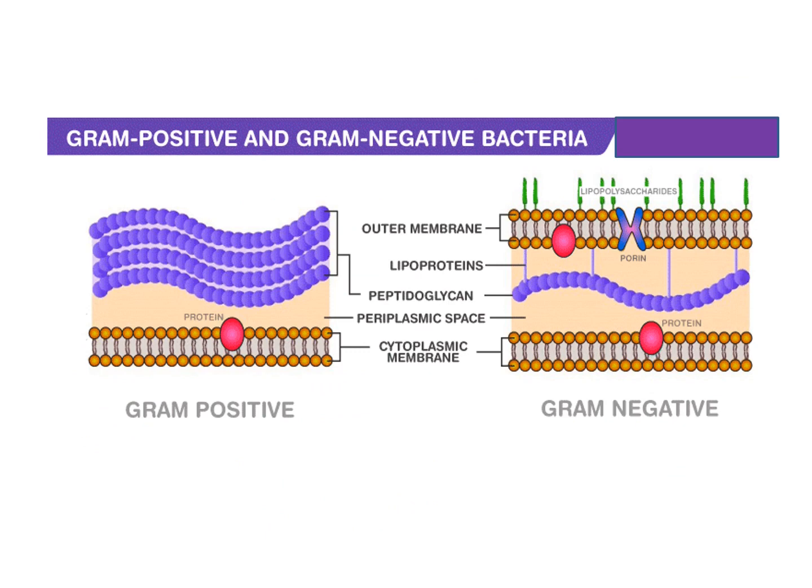This is the cell wall structure. I already explained that the outer membrane is present in gram-negative bacteria, while it is absent in gram-positive bacteria, but there are 4 layers of peptidoglycan in gram-positive bacteria, and in gram-negative bacteria only a single-layered peptidoglycan is present. In gram-negative bacteria, the outer membrane consists of porins and lipopolysaccharides, while it is absent in gram-positive bacteria.